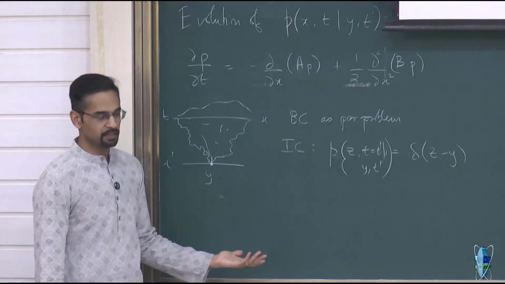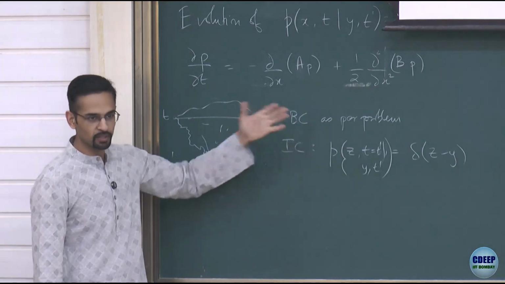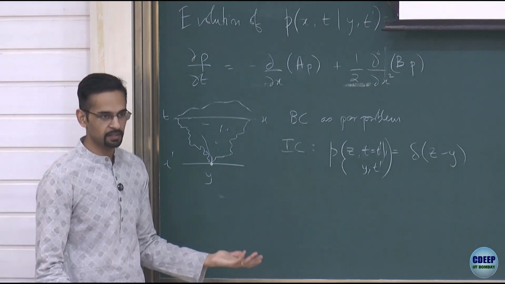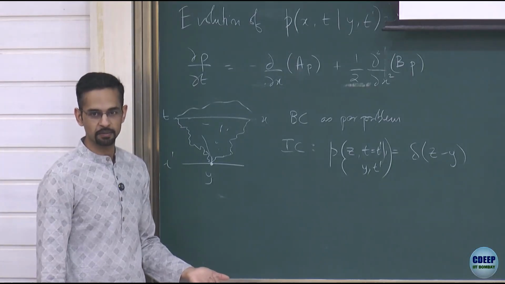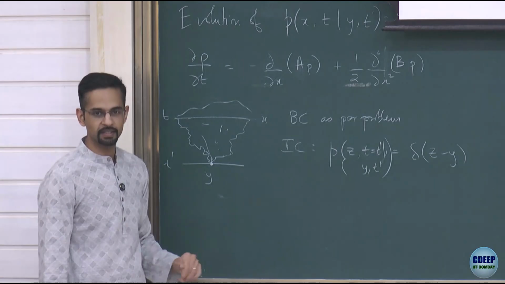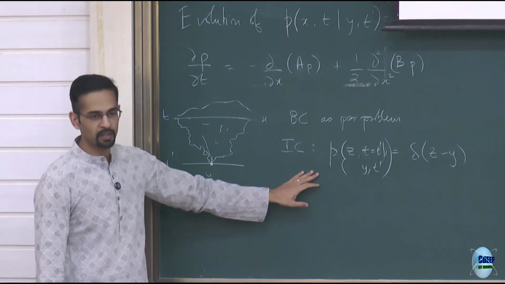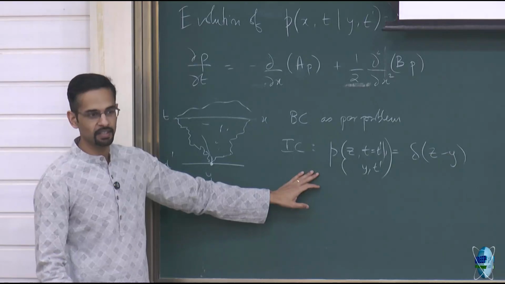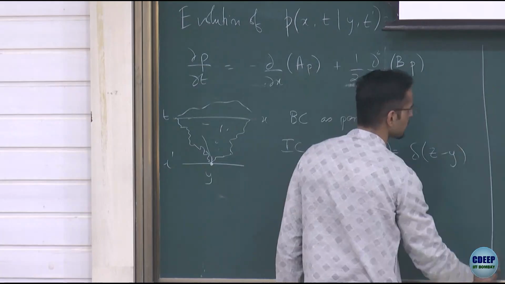And this is where the nice thing about working with the Fokker-Planck equation comes in: the Fokker-Planck equation is just a linear PDE. Right? So all your PDE theory of deterministic systems or field theory can be applied directly to this problem. So if you remember, if you've done a course in PDE theory, do you see how I can solve the problem? So what I'm saying is I want an equation